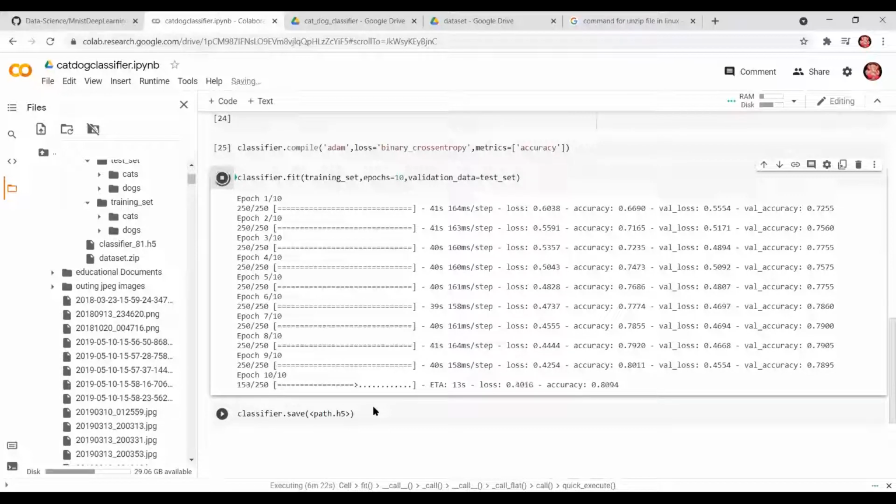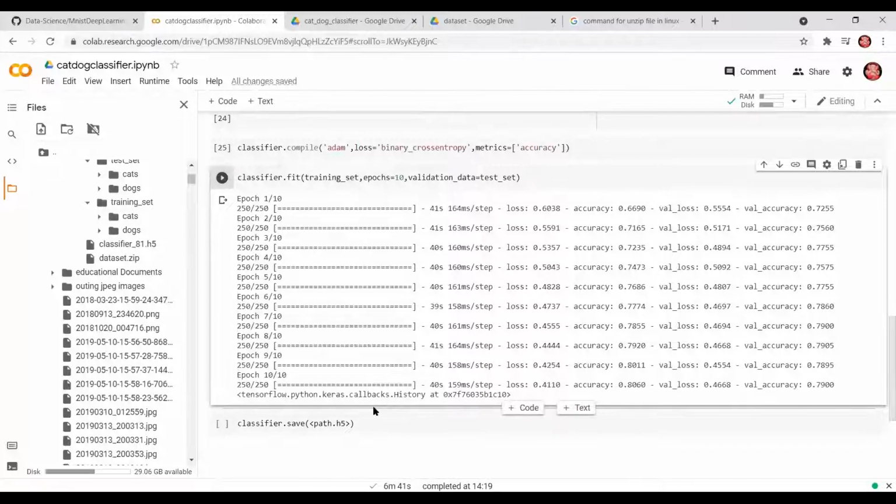You can increase the number of epochs, because every time the number is increasing. You can put the number of epochs as 20, 30, depending on what you want to do. This is the last epoch for her. Let's see. Okay, so she got an accuracy of 79%. Done. Great.